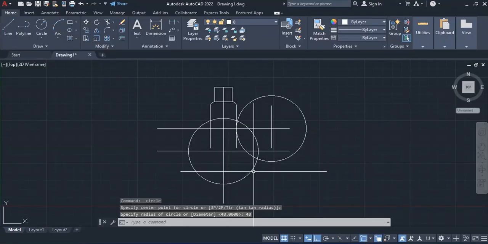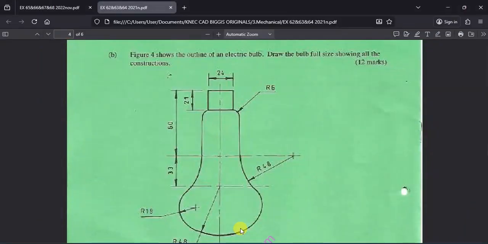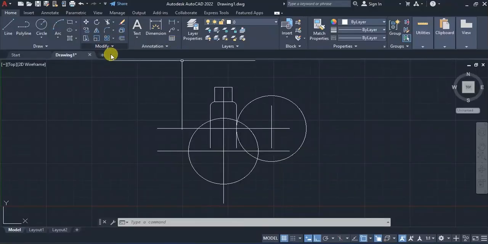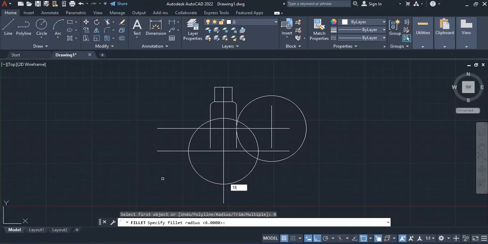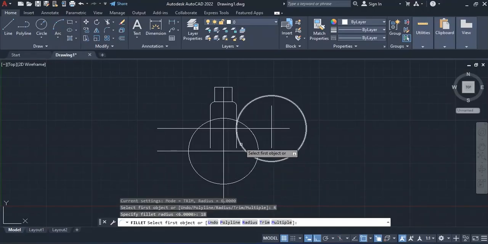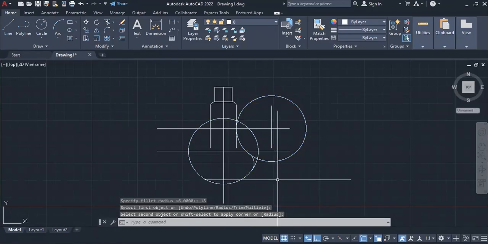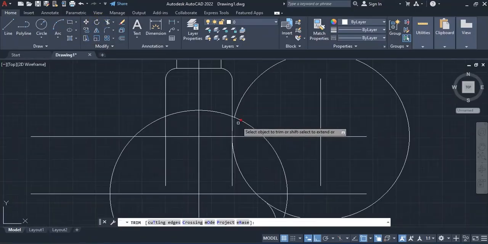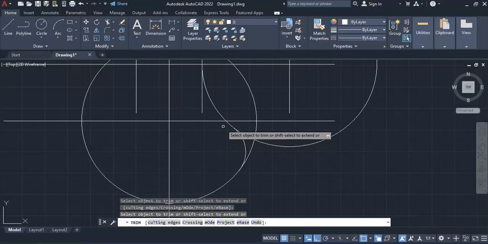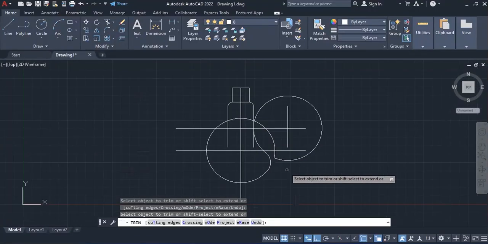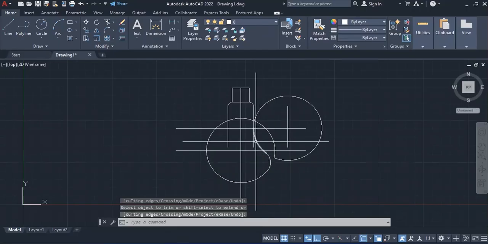Then for these two, this and this, they should join at a radius of 18. So I'm going to come to fillet, enter the radius as 18. Then click on this, click on this. So afterwards, I'm going to trim the excesses. So I'll start with this, and this, enter. Then I'm going to mirror